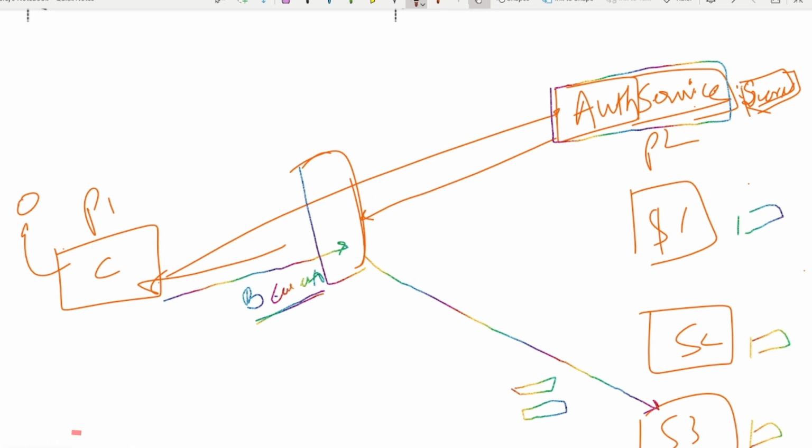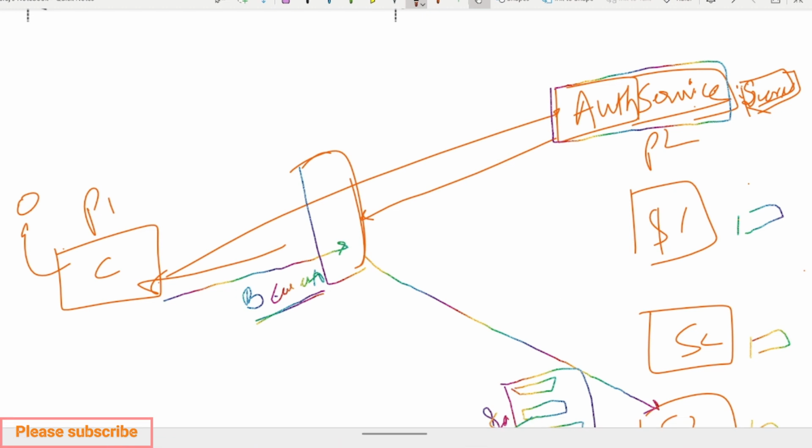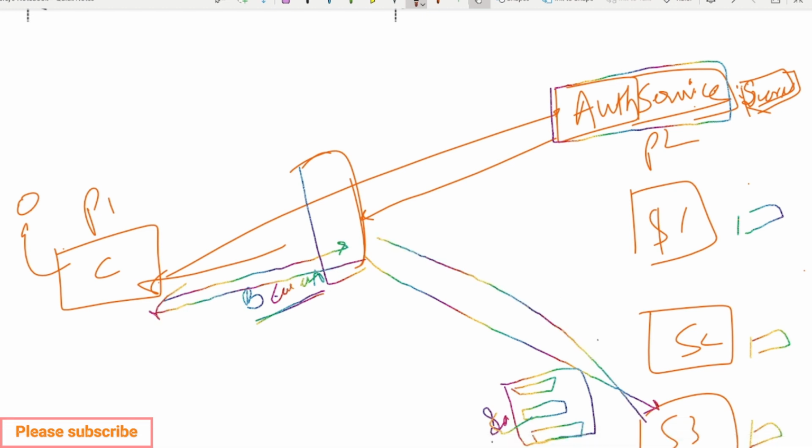Then they will pull this secret here in S3, and they will sign it with the secret and compare whether this is correct or not. If it is correct, then they will send the response. Okay, looks good to me. Allow them to take the resources. Okay, well and good. But still,